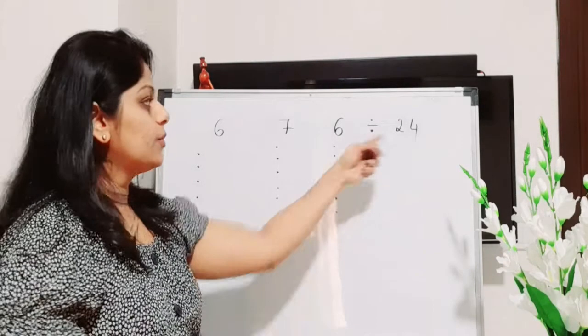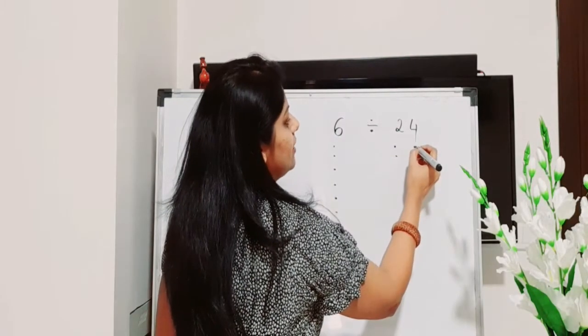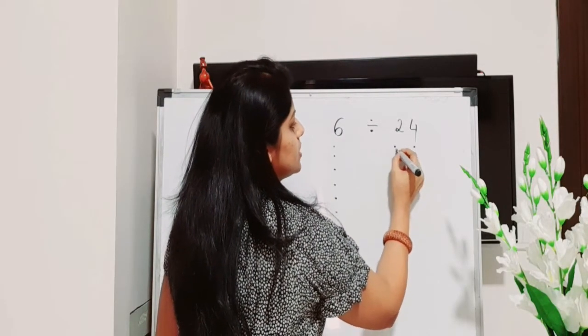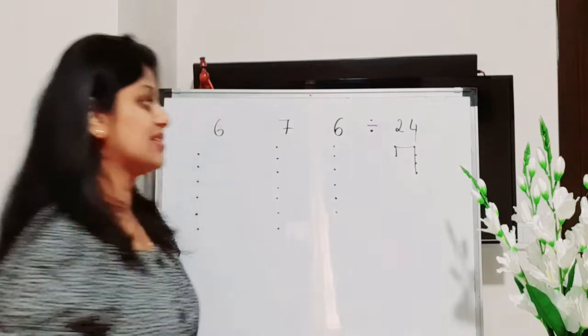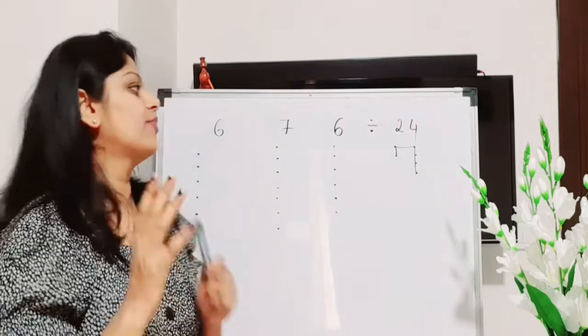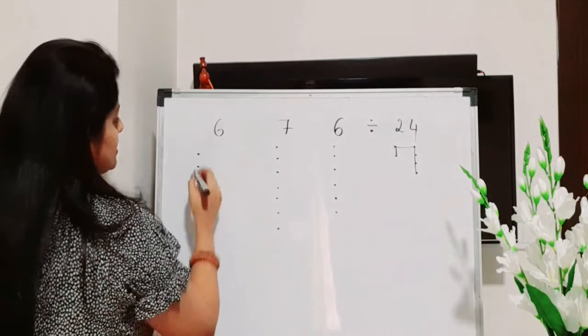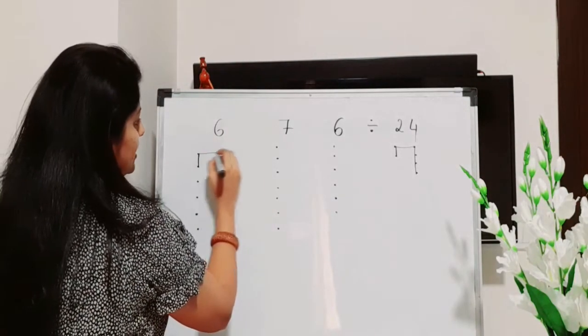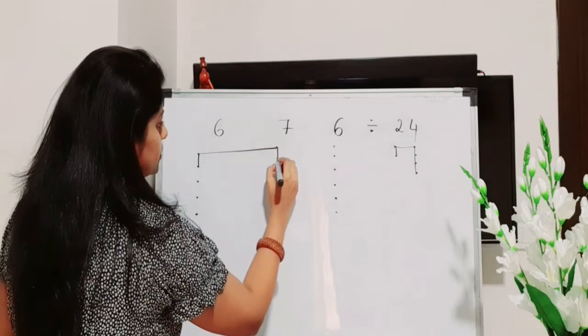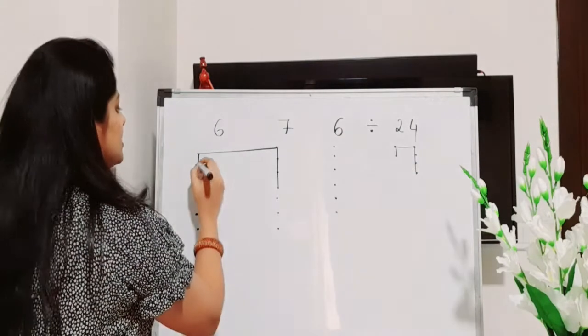Now we have to group it, that is like 24. So 2 and 1, 2, 3, 4. So this is how we will join the dots. That is, in the first column we should have 2 dots and in the second column we need to have 4 dots. So now let's start grouping it. So in this column 2 and in this column 1, 2, 3 and 4. So first group we have formed. So this is our first group.